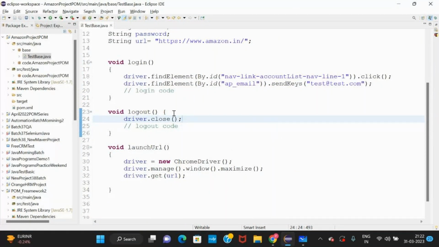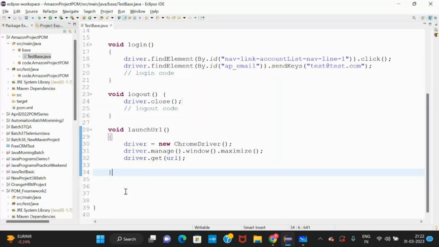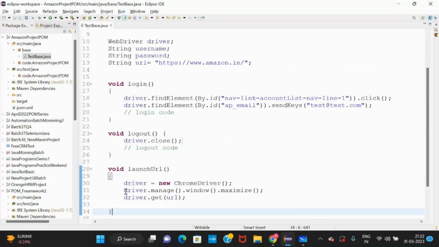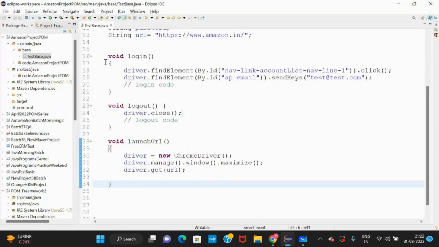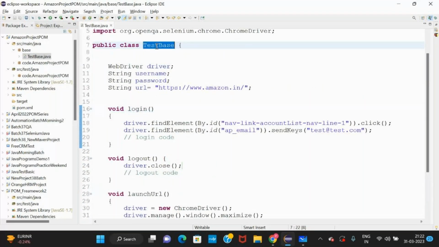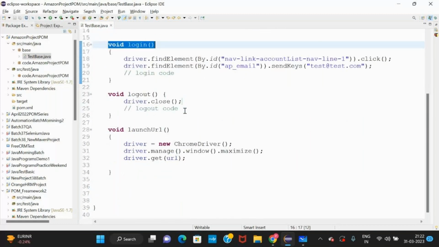Fine. A simple code we are trying to write, very simple. You will have many methods like this in the project. We will have 10-20 methods like this in the test base. One by one we have to understand: this is about login, this is about logout, this is about something else.